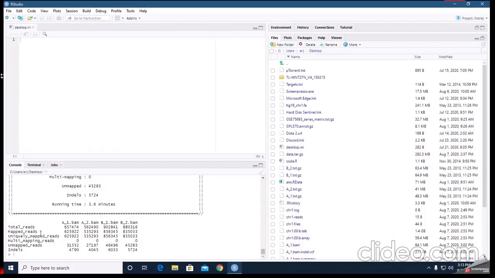Okay, now our third step is to summarize mapped reads. These are our mapped reads, and we have to summarize these reads to the reference sequence. The reference sequence is the database, and we are going to map, summarize mapped reads to reference sequence database genes.